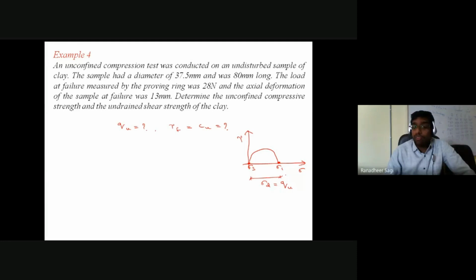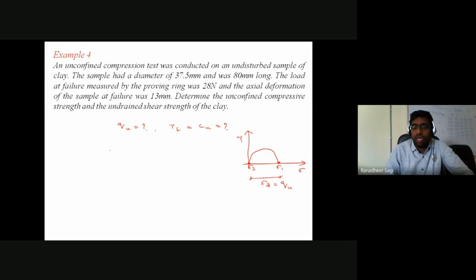So if I am required to calculate your unconfined compressive strength, it means that I need to know your deviatoric stress. If I need to know the deviatoric stress, then let's go on to calculate it. I know how much was the load causing the failure in the soil sample. That is the deviatoric load that was required to cause the failure in the soil sample. What I need to know is stress. Stress is nothing but force by area.